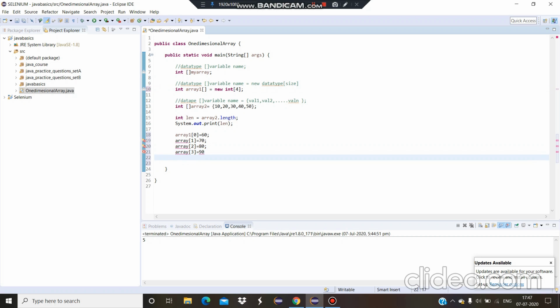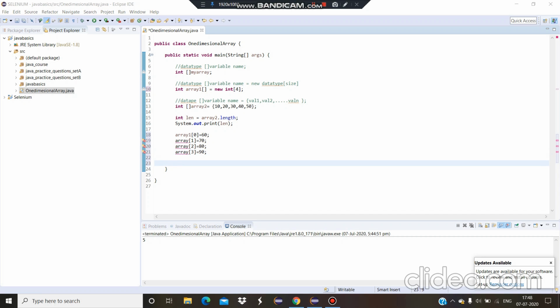So this also is valid initialization. So next we will see how to print the array variables. You have stored some values in the array variables. Now you have to print it. So you have to use a for loop for this. The looping condition is used because you have to do the same operation again and again until the length of the array. That's why the looping statement is used here.